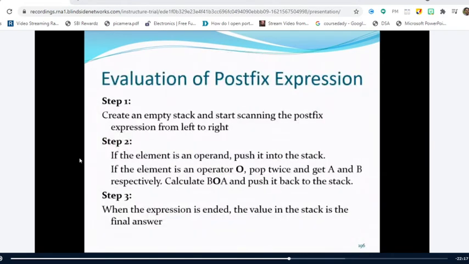And the next application of stack which we are going to deal with is evaluation of postfix expression. That means the problem will be like this. You will be given a postfix expression, right? Remember carefully that the input that you are giving is the postfix expression. That means you will be given a postfix expression, and you are asked to solve the postfix expression using stacks. So what is the input here? What is the input for this algorithm? Postfix expression. It is a postfix expression. And what is the output?